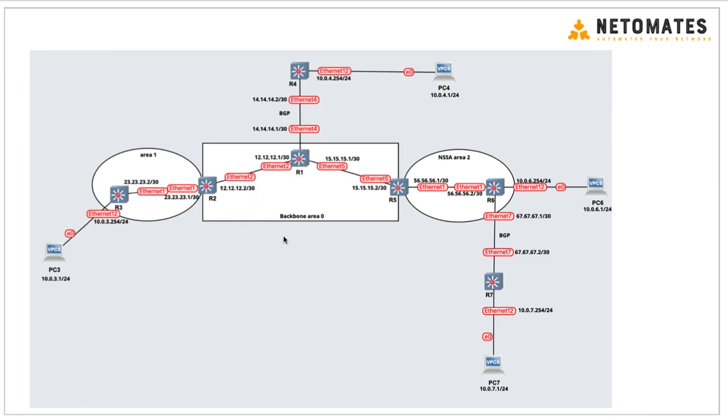So in the middle we have backbone area 0 where we have R1, R2 and R5. We are running OSPF in the backbone on these interfaces. And there are two other areas connected to the backbone. One is area 1, which is a standard area, and another, area 2, which is an NSSA area. So we are running OSPF between R3 and R2, and in NSSA area 2, we are running OSPF between R5 and R6. Okay, so these are all the OSPF